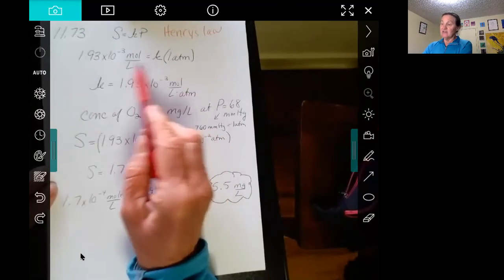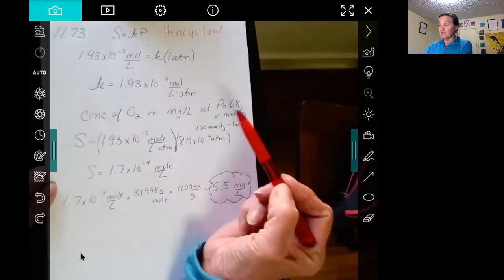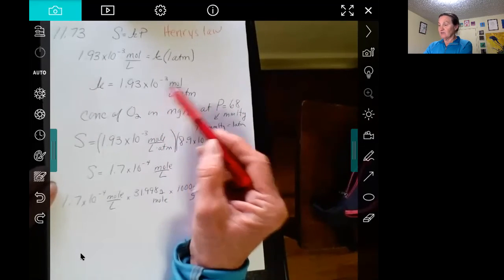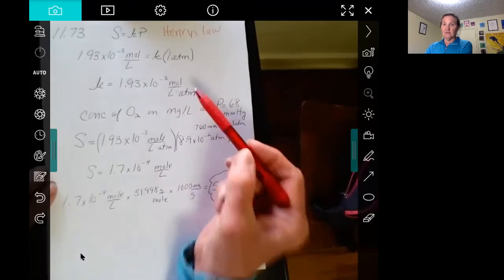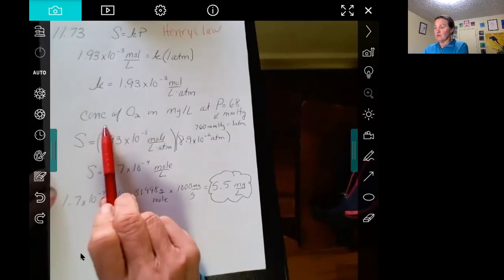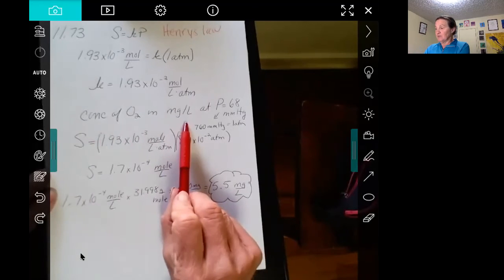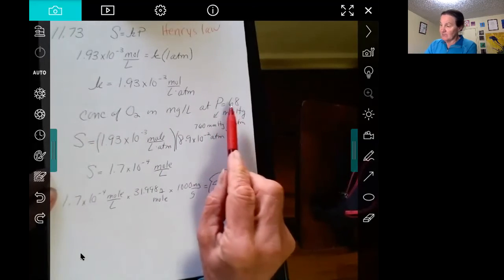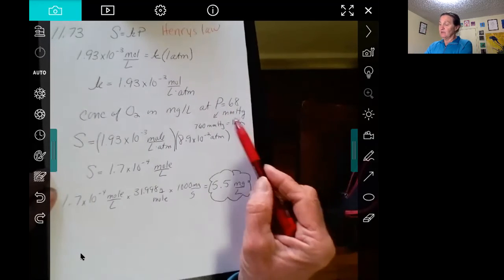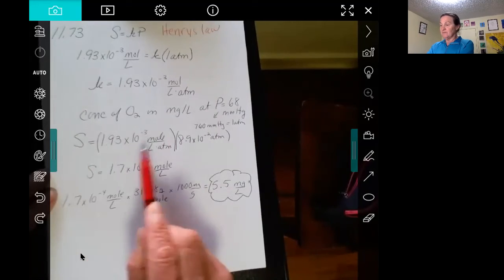So I can just divide this by atm. The Henry's law constant for oxygen in water is 1.93 times 10 to the minus 3 moles per liter atmosphere. And they want us to figure out what's the concentration of O2 in units of milligrams per liter if the pressure in our lungs is 68 millimeters of mercury. So we want to calculate solubility. We have our